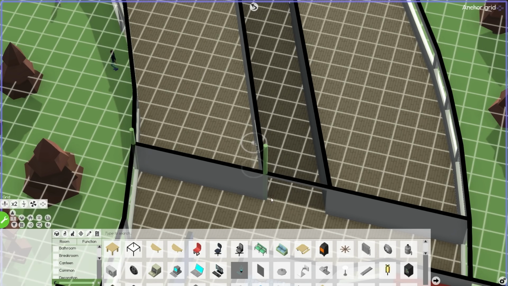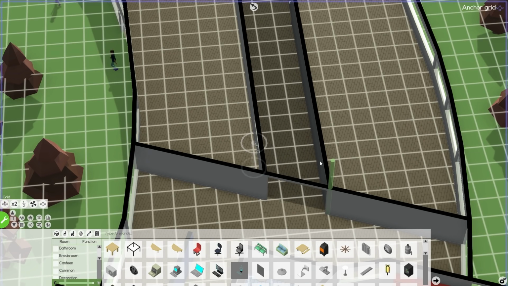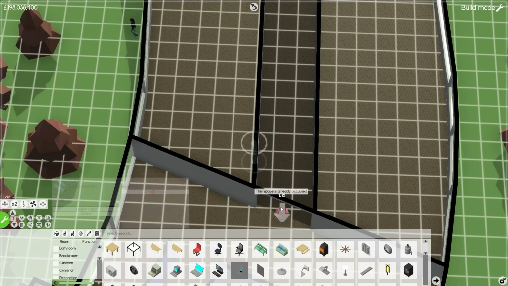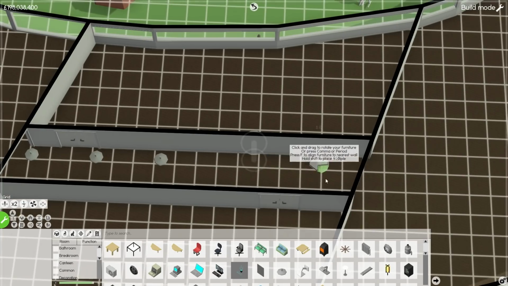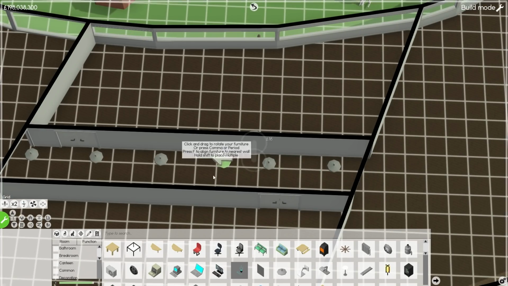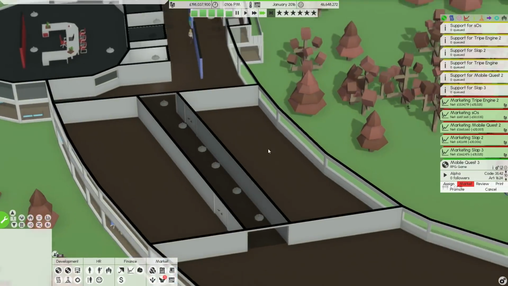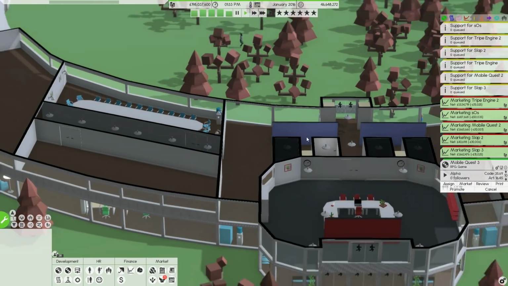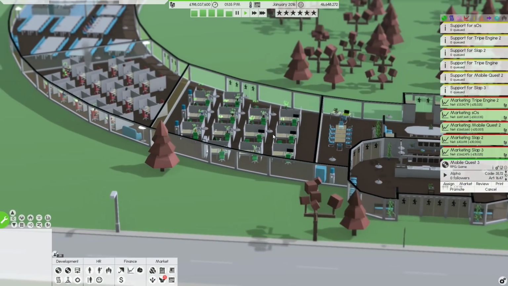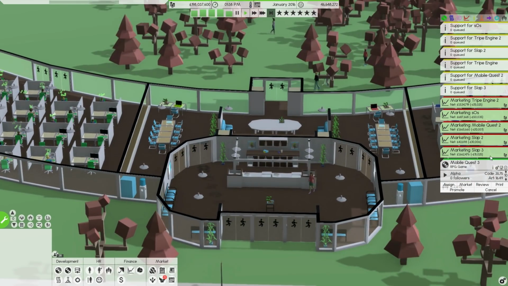Can we align the grid to these walls like that? And then say we want to go 1, 2, and 3. And then 1, 2, and 3. All right, that'll be perfect. That'll keep that space nicely lit up. And hopefully, employees going to meetings is going to work out really, really well for us.